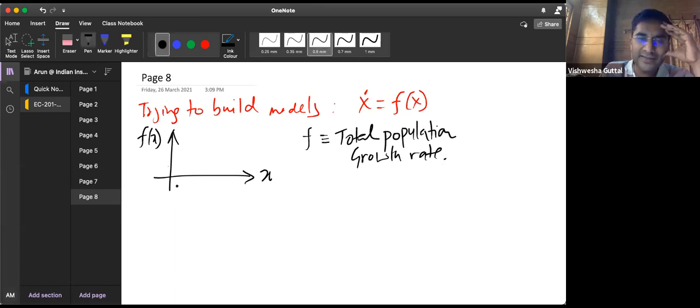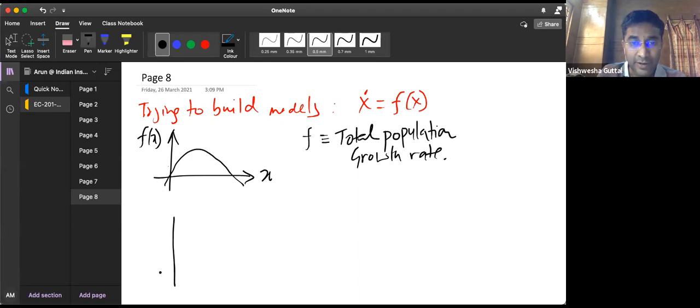Now, can you write this? Can you sort of guess how this function will look? Of course, we now know that this kind of a quadratic function is a good approximation, but is that how we did the modeling, by the way? Is that how we arrived at a logistic model? No, we didn't do this, right? What we did was something different. What we did was not the total population growth rate. What we did was